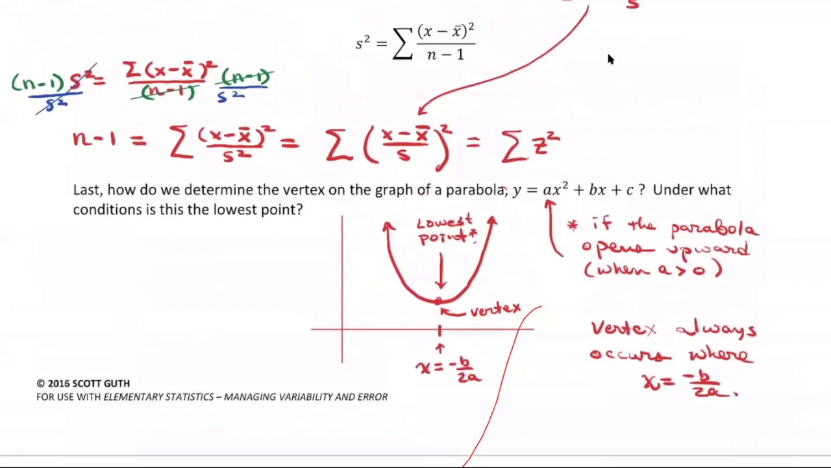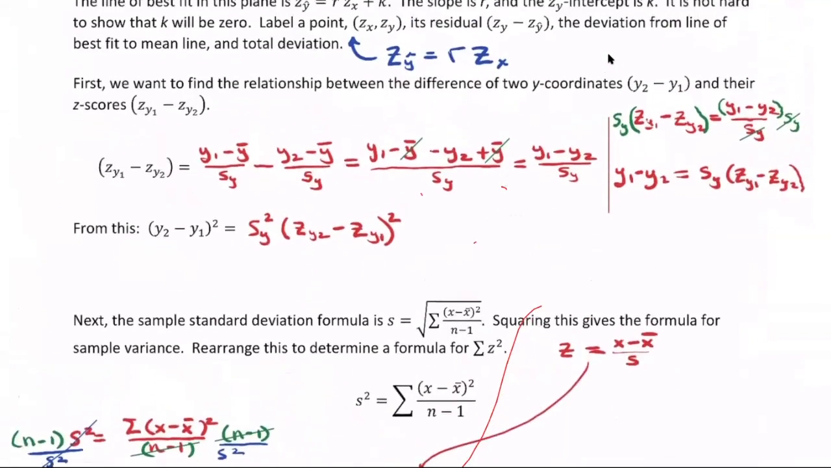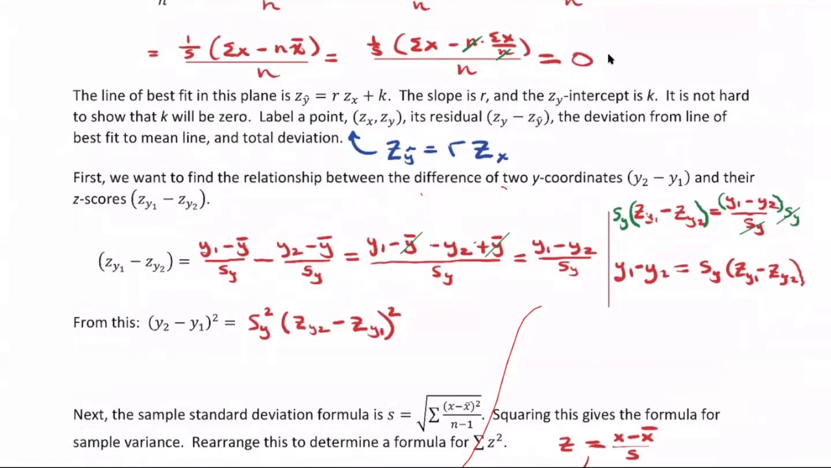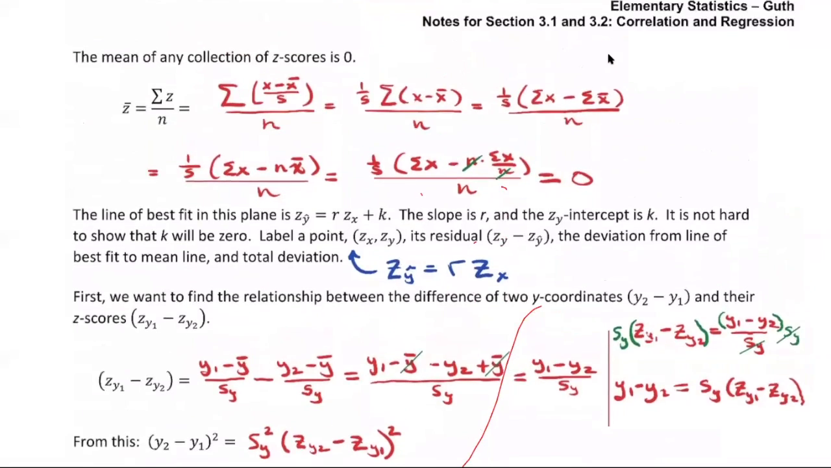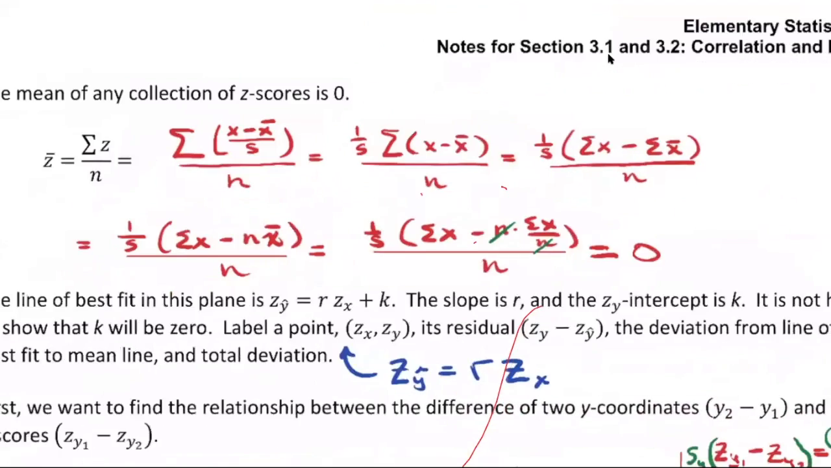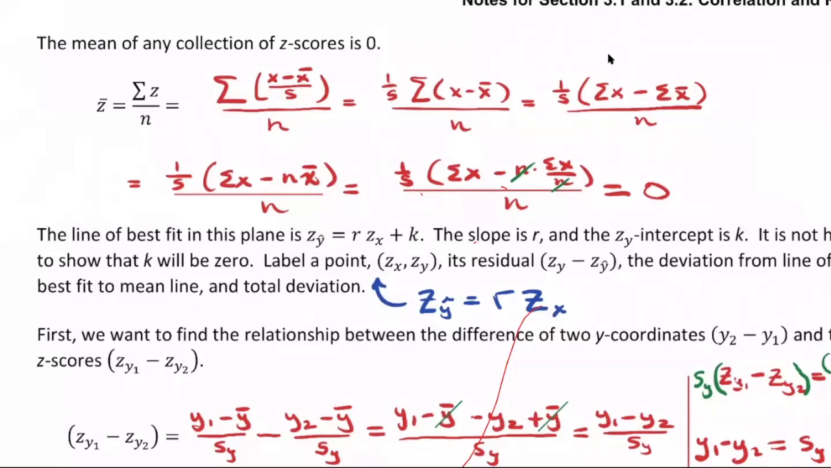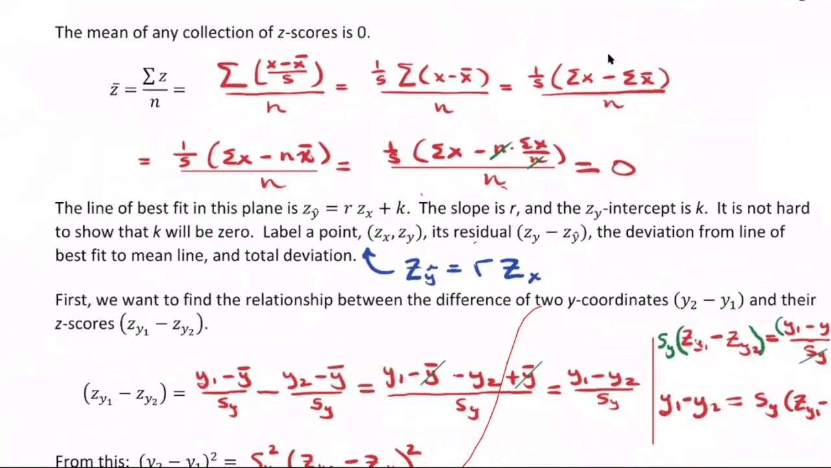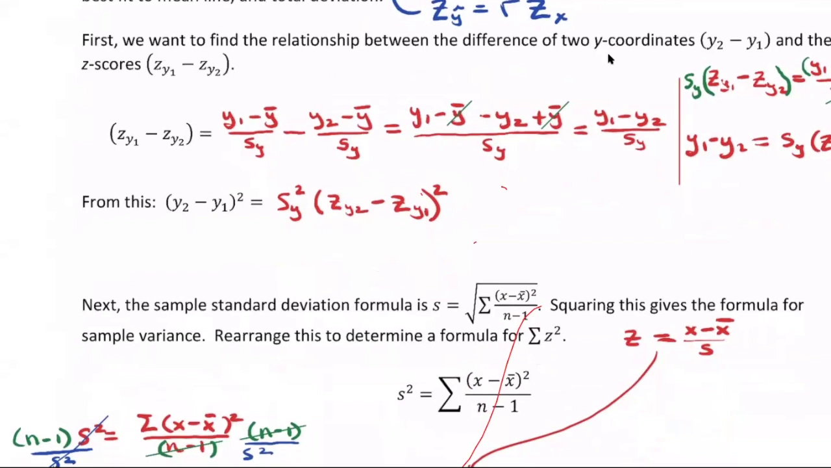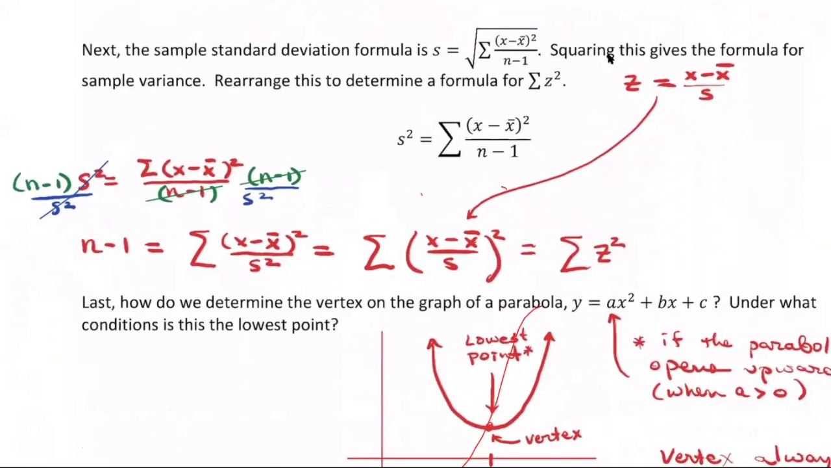Okay, so just to summarize here, we've got a couple of important ideas that I wanted to just kind of nail down real quick. First of all, z bar is 0. It doesn't matter whether you're doing x's or y's, the mean of z-scores will always be 0. Got that? Second thing, that if you take two y values, it doesn't matter what the y values are, the difference between them squared is the same as the difference between their z-scores squared times the variance, which is the standard deviation squared. Okay. And then finally, down below,